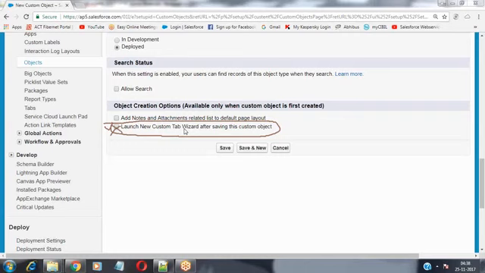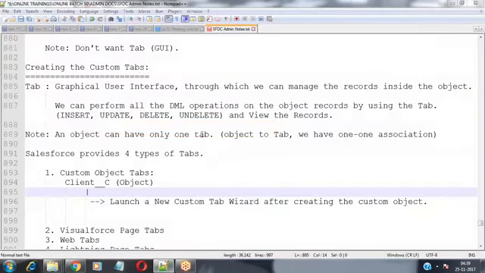In this case, if we want to create the tab for this object, then we have to go with the custom object tab. The custom object tab is used to create a tab for your custom object which does not have a tab already. So whatever object has no tab available, we can create the tab with the help of the custom object tab option. Now, we have to go with that custom object tabs.